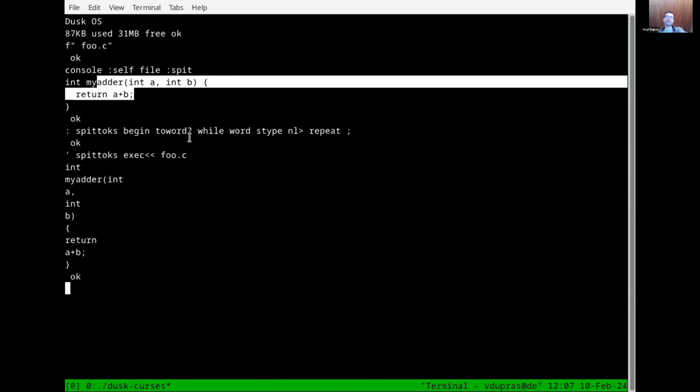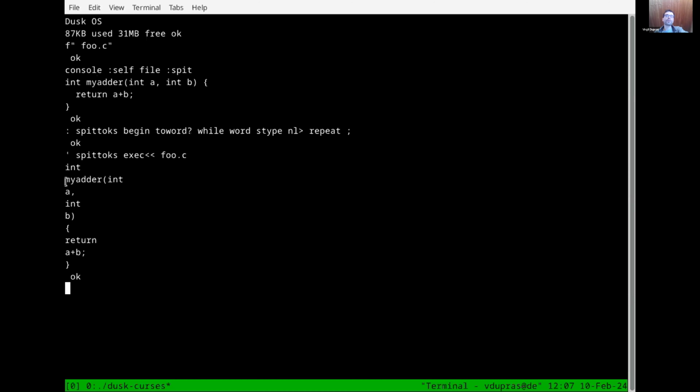So what happens here is that I read word, and we see that there's a problem, because my word boundaries of Forth don't work with C, because the tokenization in C has to know about the symbols it will read. So to do tokenization in Forth, we need to build a tokenizer. So this is what we're going to do.